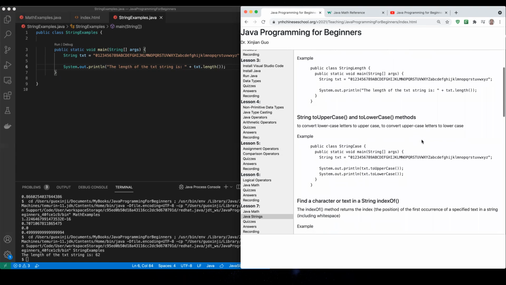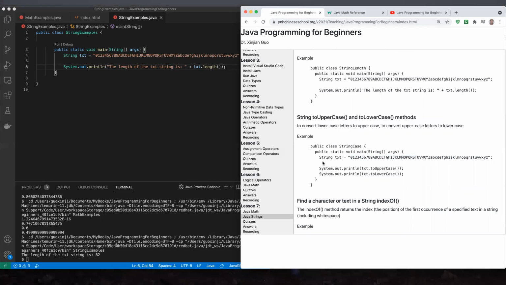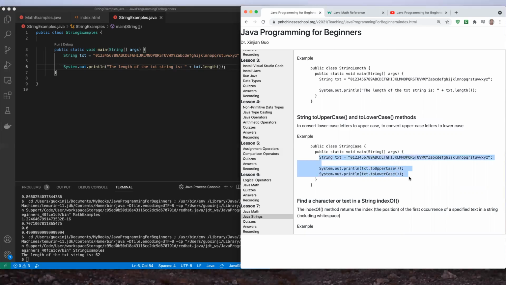Another interesting method is called convert to uppercase or lowercase. Basically, if you have a string of mixed uppercase and lowercase, if you call to upper, it will convert everything to upper. If you call to lower, it will convert everything to lower. If this part is already lower, it just keeps it lower, but it would convert that uppercase to lower. And for numbers, it doesn't do anything. So numbers are still numbers. So if we try that,